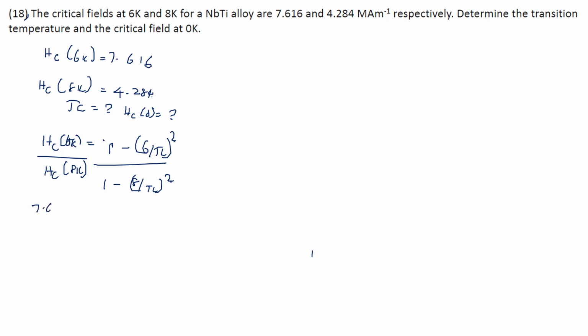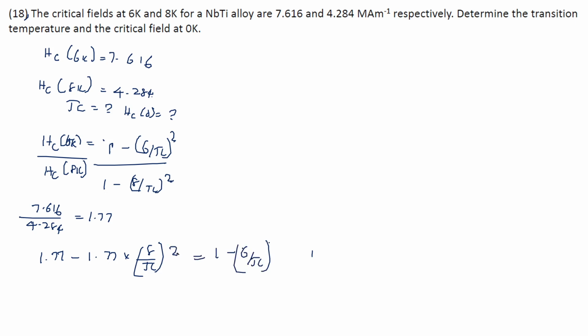Then 7.616 divided by 4.284 is equal to 1.77. So from there we can do 1.77 minus 1.77 into (8 by TC) whole square is equal to 1 minus (6 divided by TC) whole square. Okay, then it will be